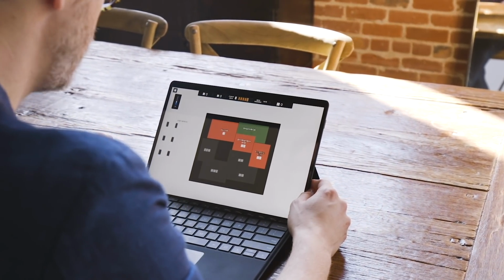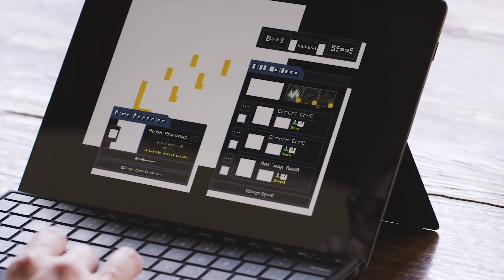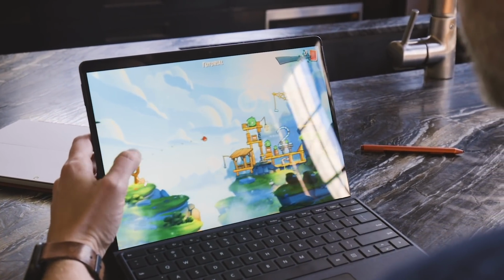So here's a game that I love. It's called Into the Breach, and it's a disaster. Just what is happening on the screen here? Well, okay, you can play Angry Birds too. Woo! See, everybody has that one app that they need, and mine's Lightroom, and you have to do a ton